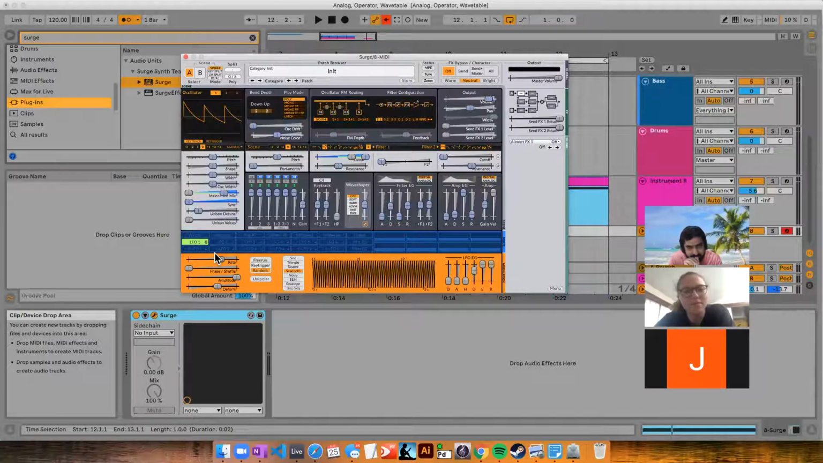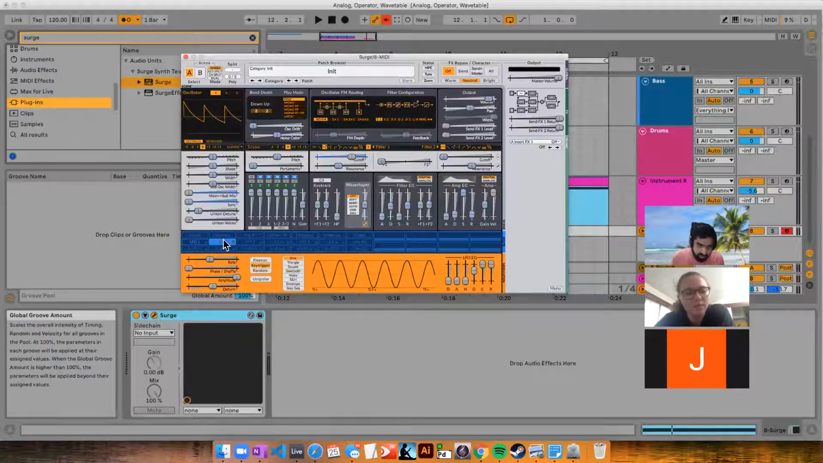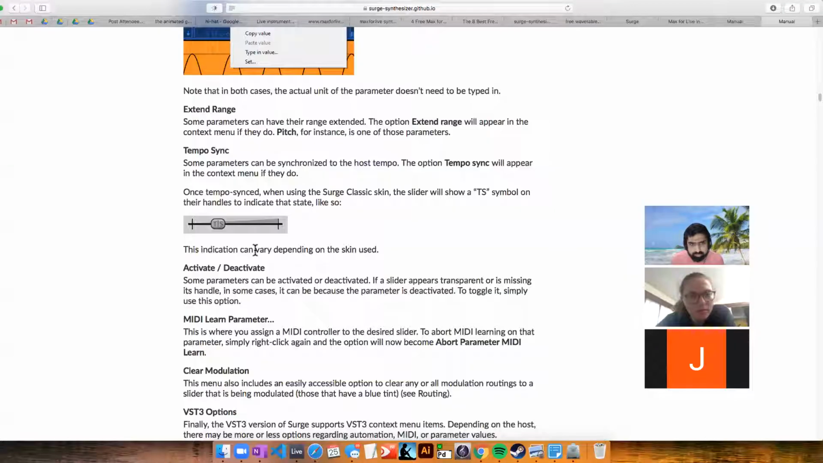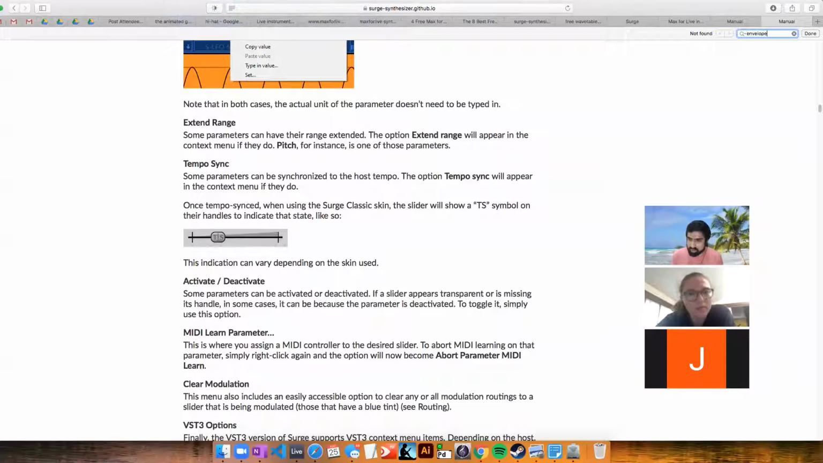Let's see. So this is all the LFO section. I guess contextually speaking, as you go to the LFO, you can access these. But I'm wondering how you access a simple envelope. So you have an LFO, but by the way,